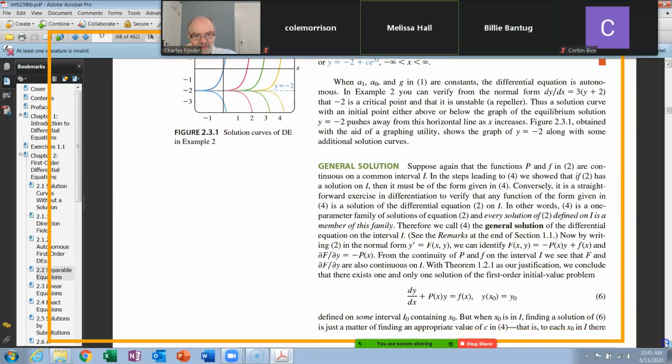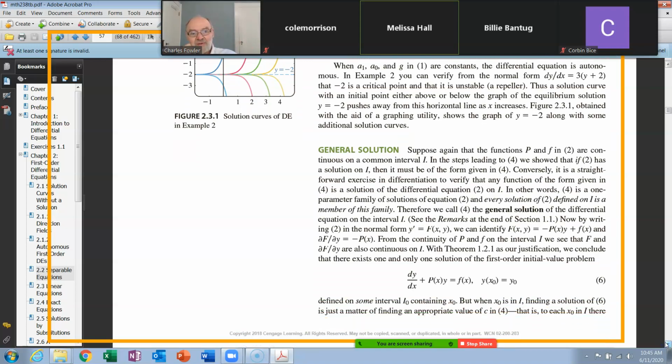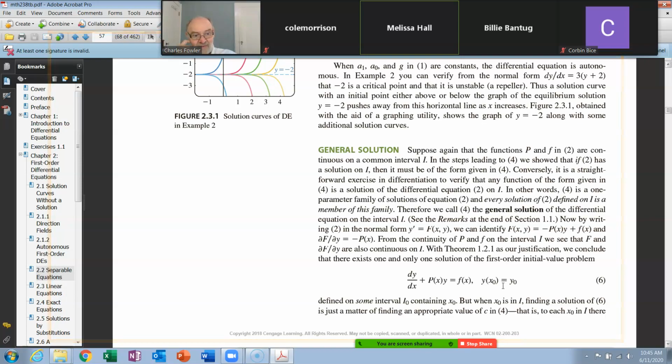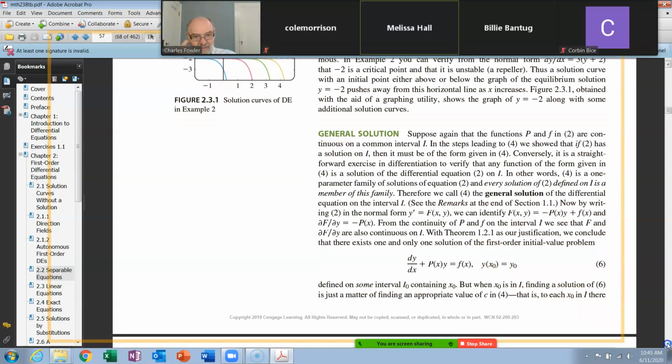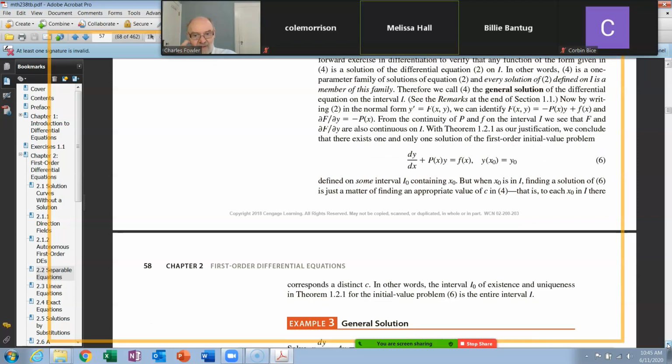Okay. So let's see if there's anything. I guess all they're saying is you can add your initial value to it and figure out what the specific number is. I don't know why they're making a big deal about it now. We've been doing that. All right. I think we'll start next time with example 3, the top of page 58. Okay. Now, homework exercises in this section will include,